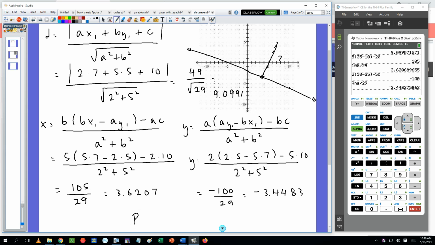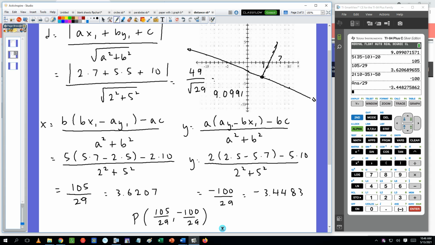So the point would be 105 over 29, negative 100 over 29. So this location here is 3.6-ish over, which is about right there. Maybe not that much. And down